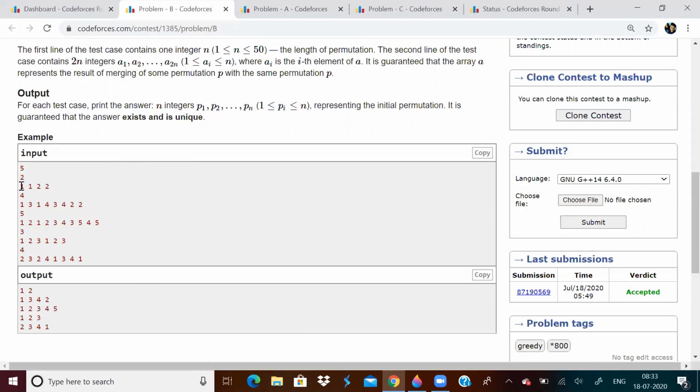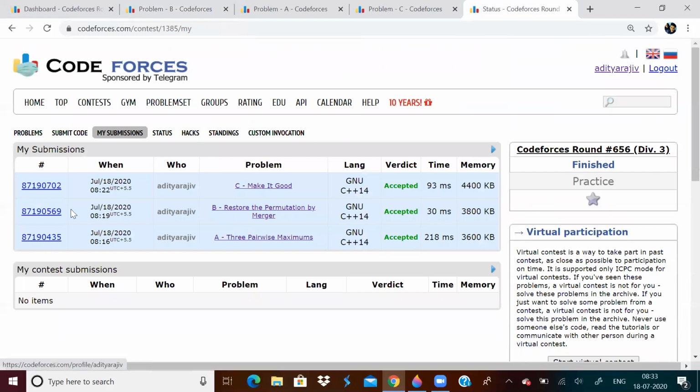For example, let's traverse this array. I get 1 initially. Nothing is there in the set initially. So I will print 1 and I will push 1 in the set. Next I'll get another 1. But 1 is already present in the set, so continue. I'll get 2. 2 is not there in the set, so I'll print 2. Then 2 is present in the set, so I won't print. So that is why I get 1, 2. So it's just a use of set